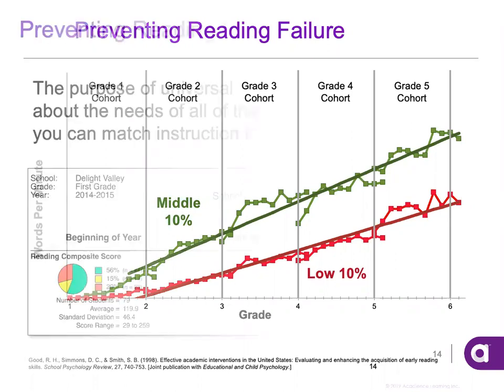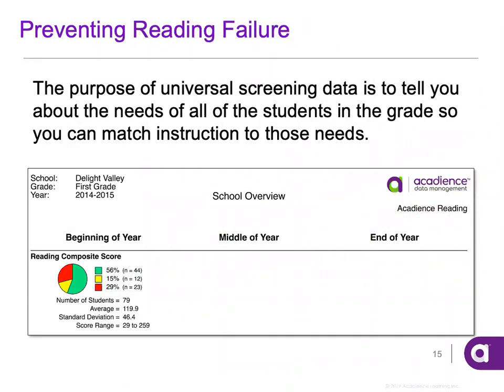So an opportunity that I see many school teams not taking advantage of is using your universal screening data from Acadience Reading to plan as a grade level. In many cases, I see schools and districts using the screening data only to identify individual students who need support. And we absolutely can and should be doing that. It points us to the individual students who are potentially struggling, who are predicted to have difficulty later on, but we can't take a student by student approach